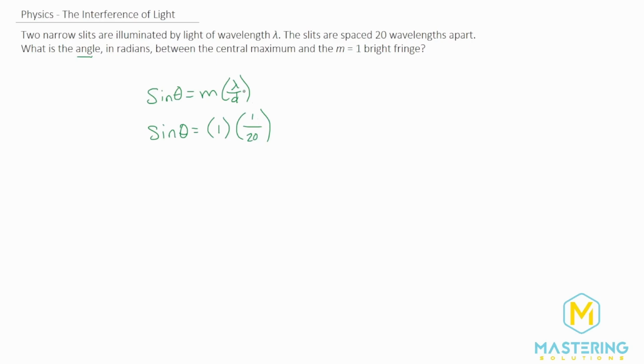Really, it doesn't matter what these numbers are, because as long as we have this ratio, if we have 5 here, then we're going to multiply 5 times 20, so we'd have 100. This is the most simplified form of this fraction because it's just the ratio between these two that they're giving us. Of course, 1 times 1/20th is 1/20th, so we can get rid of this just for simplicity. And then to isolate theta, we have theta equal to the inverse sine of 1/20th.